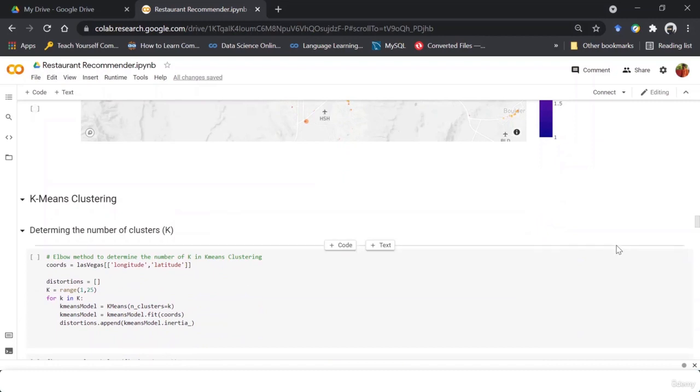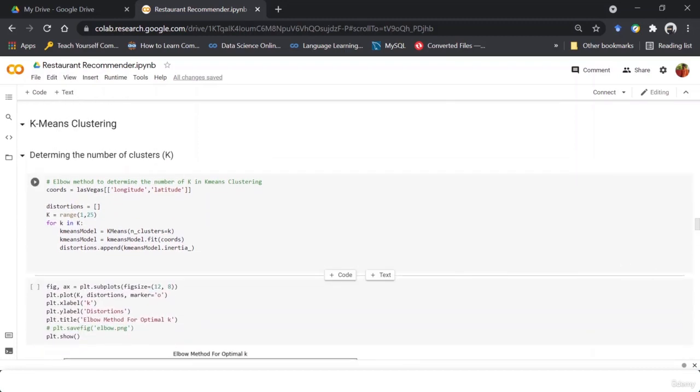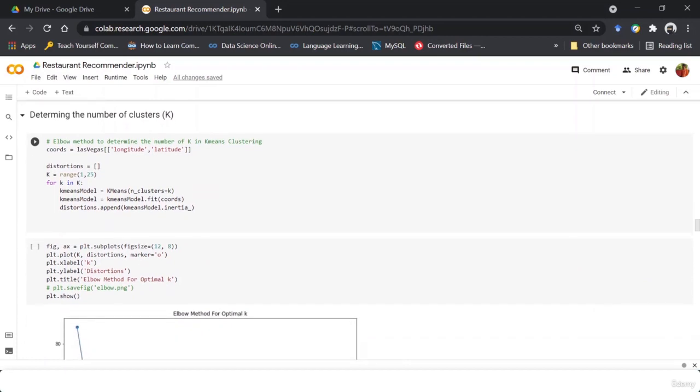Okay, finally we have reached the model where we are going to build and train the model. So we're going to use k-means clustering. The first thing is to determine the number of clusters to be formed. Either we can directly put in some value of clusters that we want, or through two methods, the elbow method and the silhouette method, we can find the optimum value of k, that is the number of clusters to be formed.